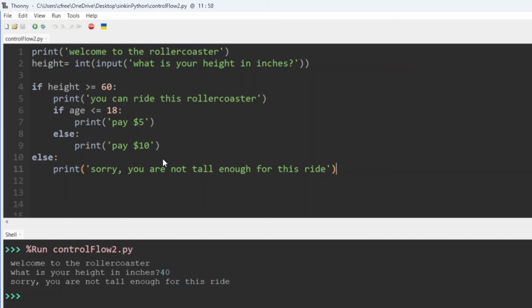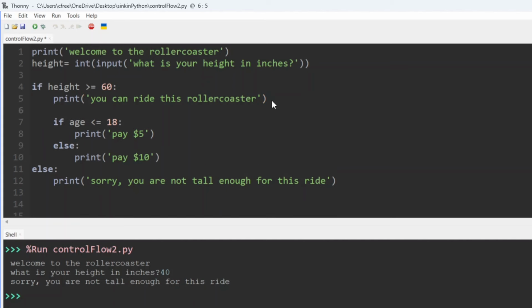So what are we missing? Well, we need to know how old they are. We have this variable age here, but we haven't declared it anywhere. We have height declared right here. So we could ask up here, and that'd be fine. Go ahead and get it out of the way. But people are going to be giving their ages when they don't even apply to being able to ride a ride. So it would make more sense to put it within this if statement, declare the variable age equals,